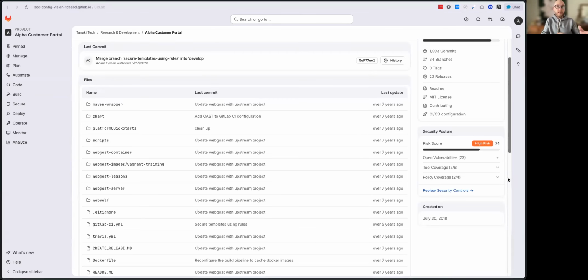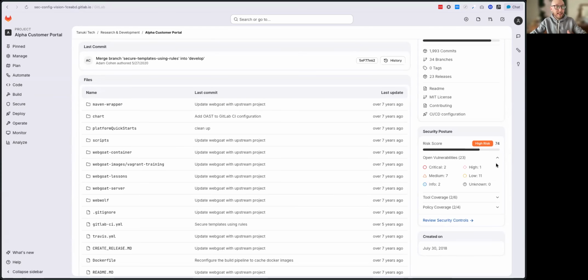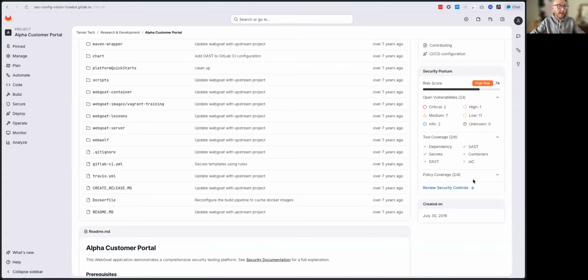We have a sidebar on the project level. So, same sort of high-level statistics, but then giving users an opportunity to dig into some of these to see specifically what severity of vulnerabilities are within this project, specifically what tools are enabled or not enabled, and then same for policies. And again, having these contextual actions to send users down the right workflows depending